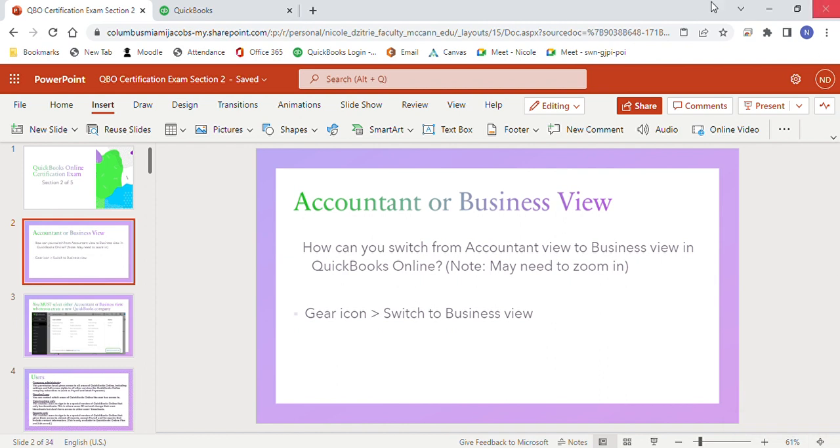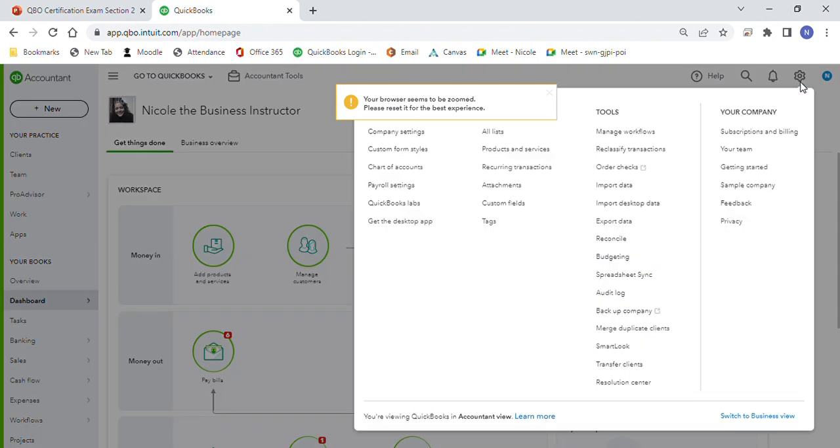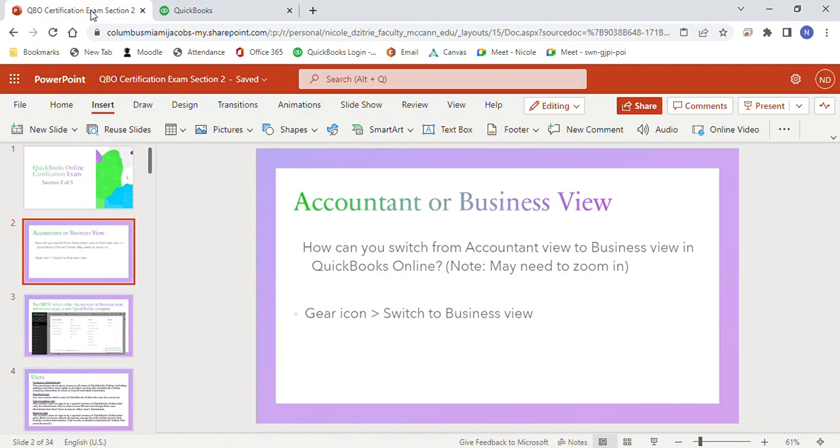So let me show you that. So here I am in my QBOA. And if I come over here to the gear icon, down here I'd be able to click on switch to business view. But if you didn't have a full screen, I've seen it on some of my students who have smaller laptops or Chromebooks, they're not able to see it, you'd be able to just zoom in